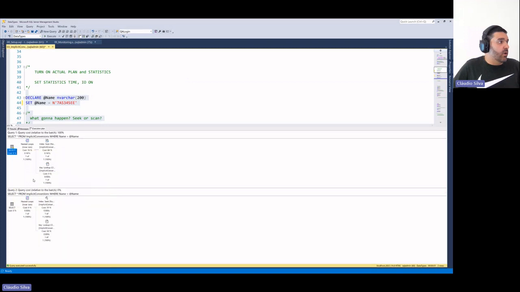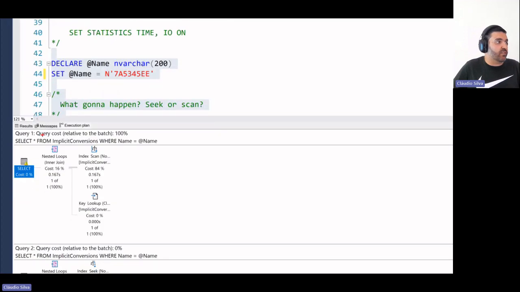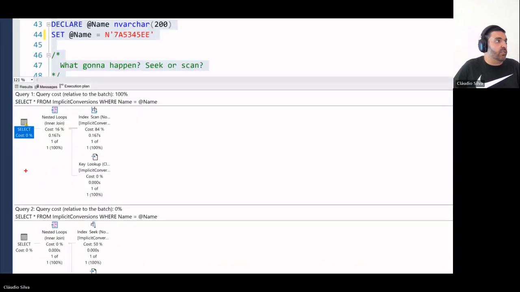Okay? On the second one, we don't have any of those. Okay. What else is different? It's different that the first execution did an index scan. An index scan can be either a scan of the entire index or just a range scan, a portion of the index. But still, it seems that it did a little bit more work than needed because the second one did an index seek, because we are searching for a specific value.